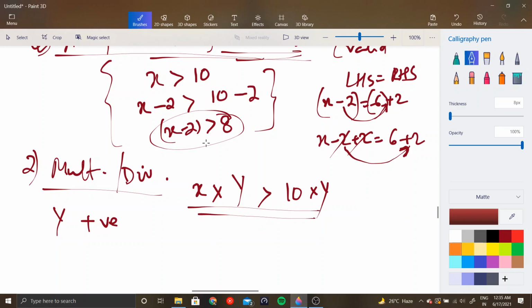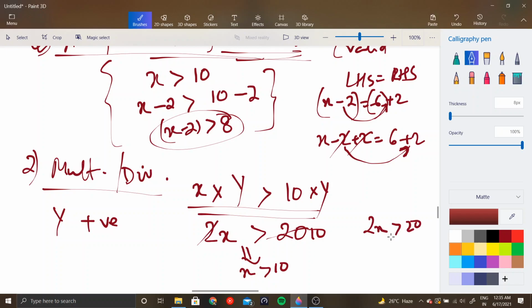Okay, so suppose I am multiplying, 2 times x is greater than 20, right? So that basically boils down to x is greater than 10, if you cancel off the 2's from both sides. So when you are multiplying and when you are dividing, suppose you have 2x greater than 20, you are dividing both sides by 2. When you are doing it with a positive number, the inequation remains valid. There is no change. Okay. But